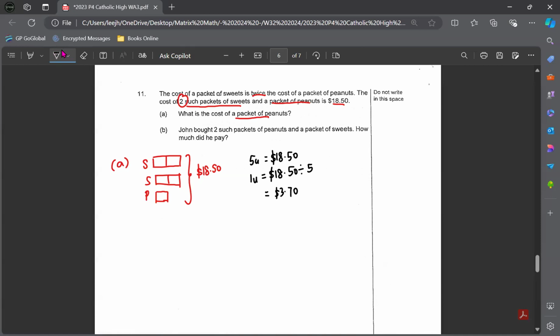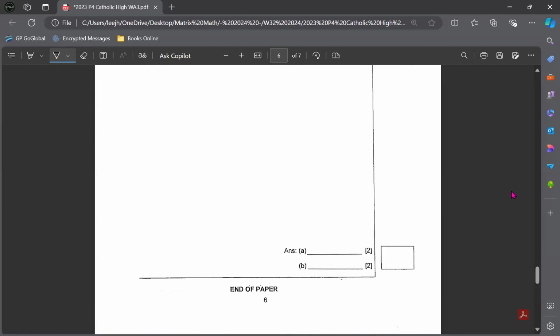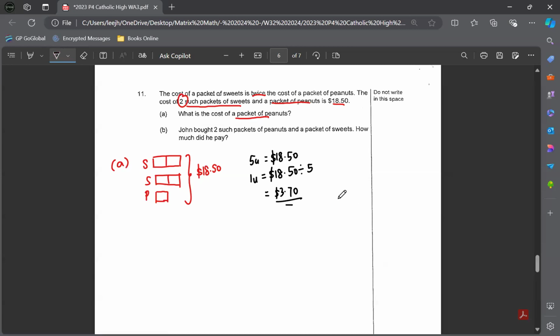So 18.50 divided by 5 is $3.70. But I want to find the cost of a packet of peanuts. So peanut is just 1 unit here. So for A, your answer is $3.70. So you fill up here first. Always fill up part by part, okay? $3.70. Question B,